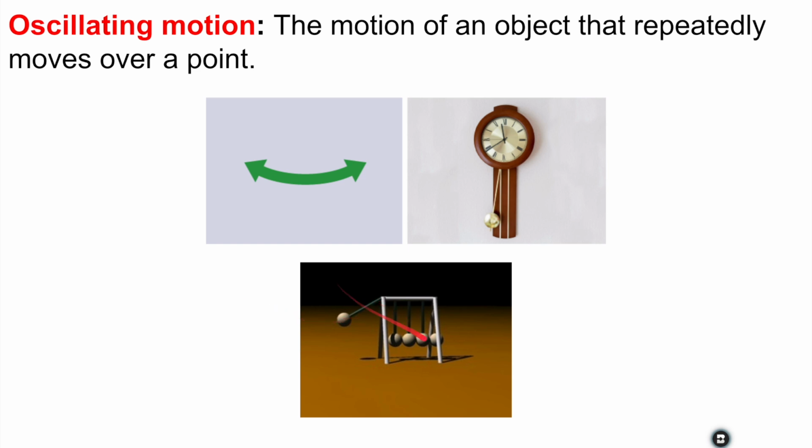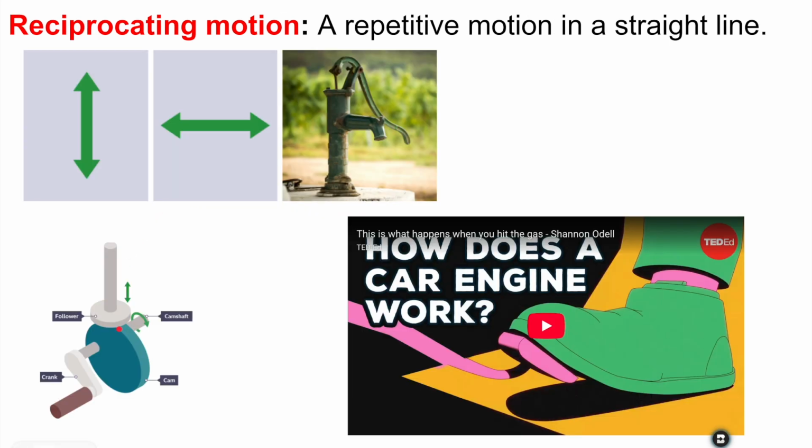So you can think of this Newton's cradle. It's essentially something swinging back and forth, or this pendulum on this clock right here. It's swinging back and forth over a point. Reciprocal motion is the repeated motion in a straight line. So this can either be vertical or horizontal. This pump right here is an example of reciprocating motion because this piston will be going up and down